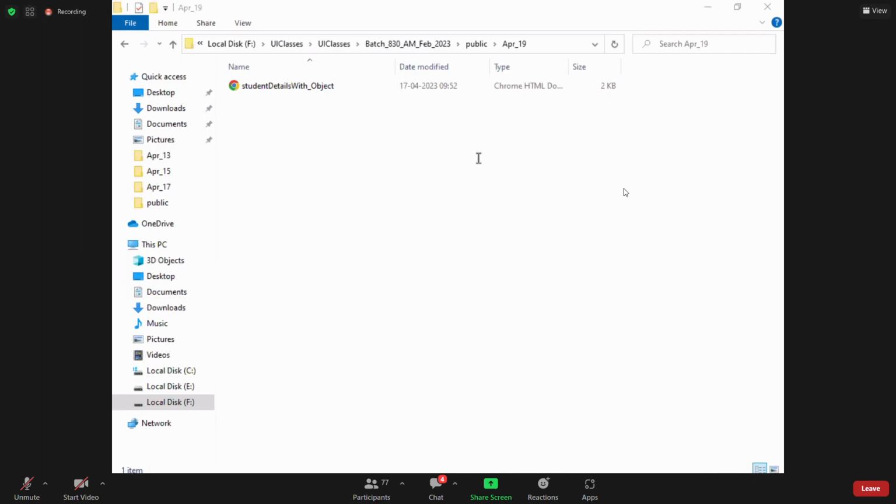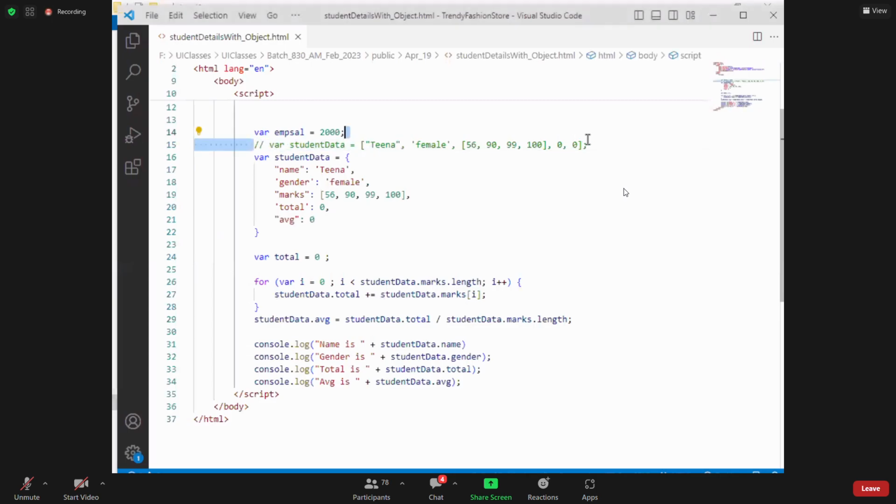Earlier we used to take the array of student details because I want to group all the student details into an array. But the problem we have is we just have the data. The only extra information we have is the index value, like 0, 1, 2, 3 and all. But we are not getting any extra information about what we mean by 0. Now in case of your JSON, the data will be stored in the form of key